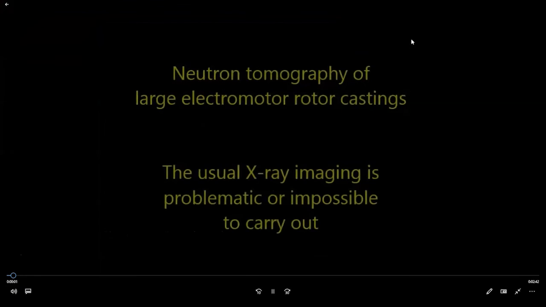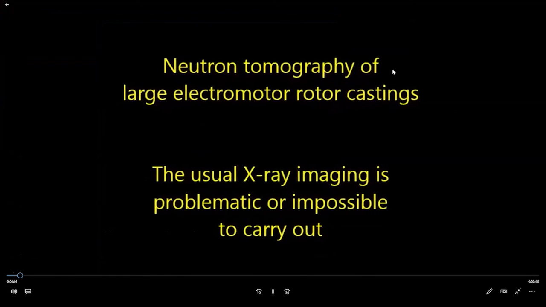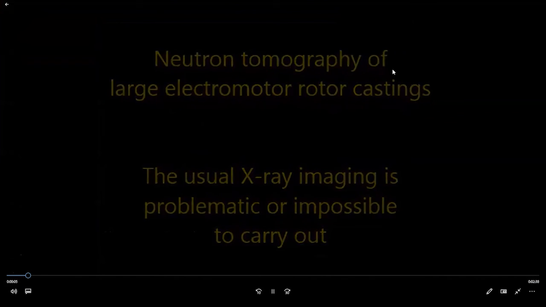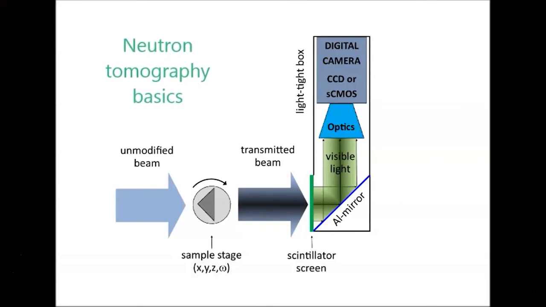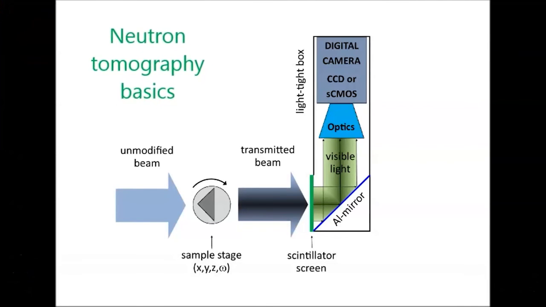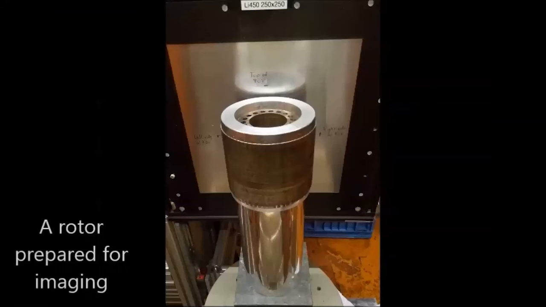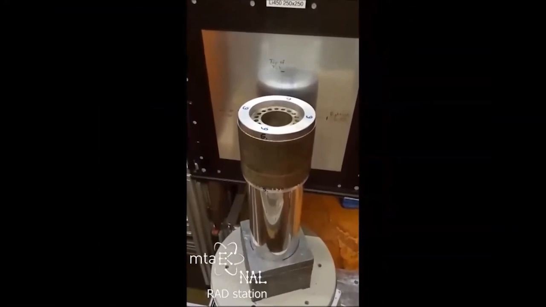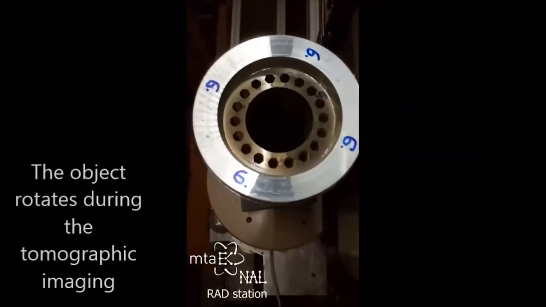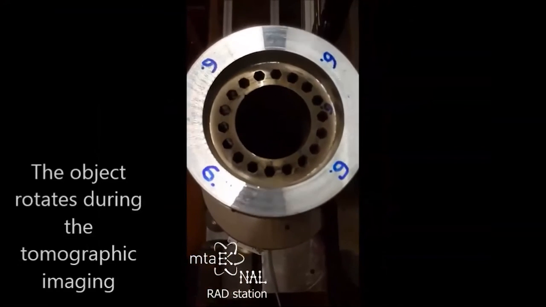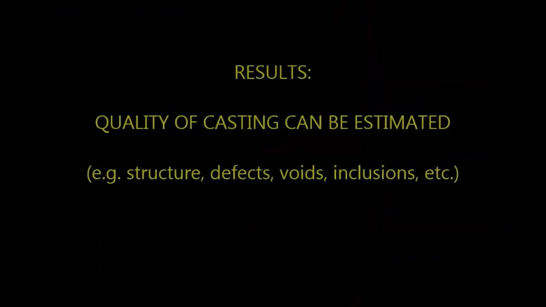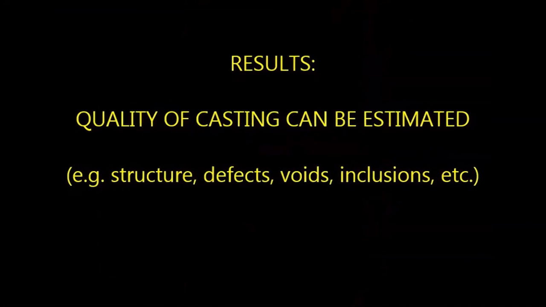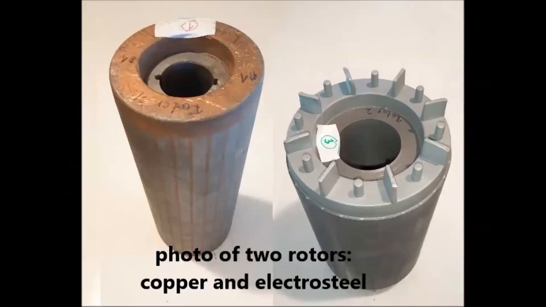We have here a neutron imaging experiment of a large electromotor rotor that's going to be used in advanced electric cars, and it's rather bulky. The diameter of this thing is about 10 centimeters in size. And the goal would be to find manufacturing defects, voids,